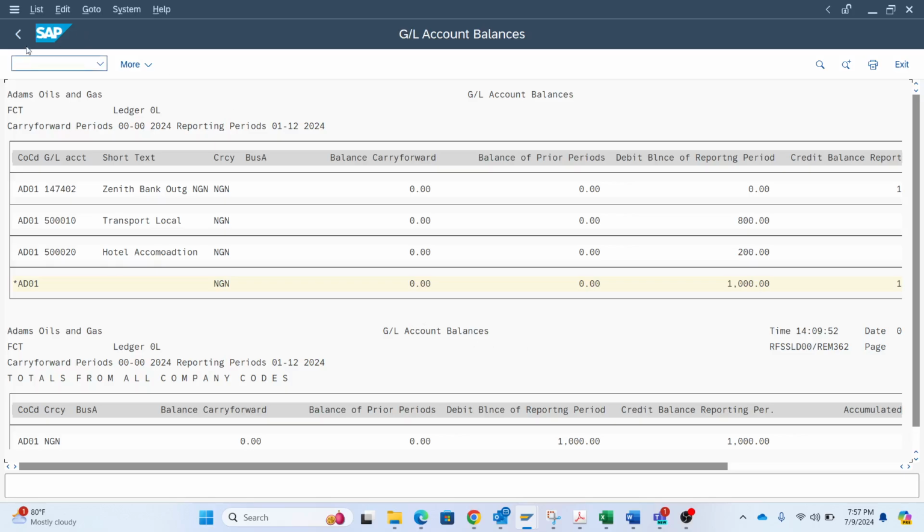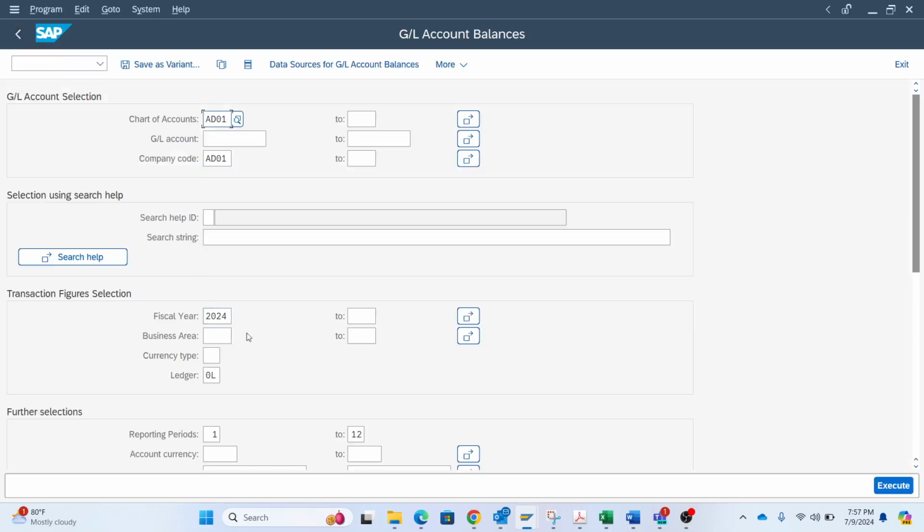So that's if you want to check ledger. I'm just showing you how to check line item ledger wise, and I've shown you how to check TB at TB level. We can as well delete some entries